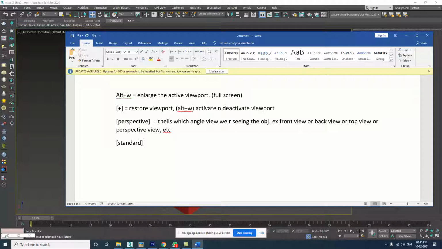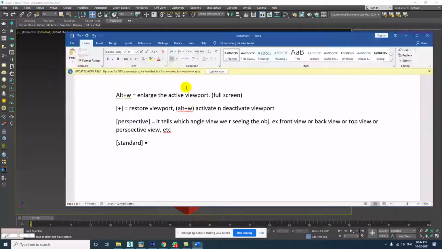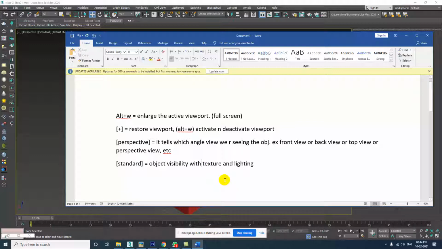Standard is for your object visibility with the texture and lighting, with or without.